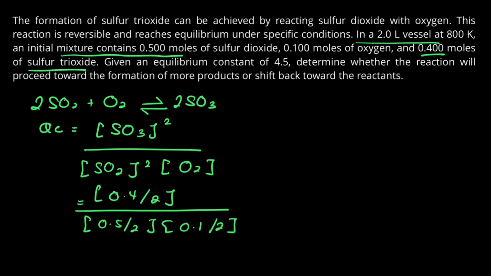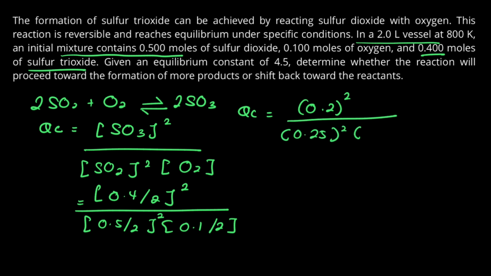Right, so let's check again. For SO3 we need to have the power of 2, and for sulfur dioxide as well, we need to have the power of 2. So basically your Qc is equivalent to 0.2 to the power of 2 divided by 0.25 to the power of 2 times 0.05. Therefore, your Qc should be equivalent to